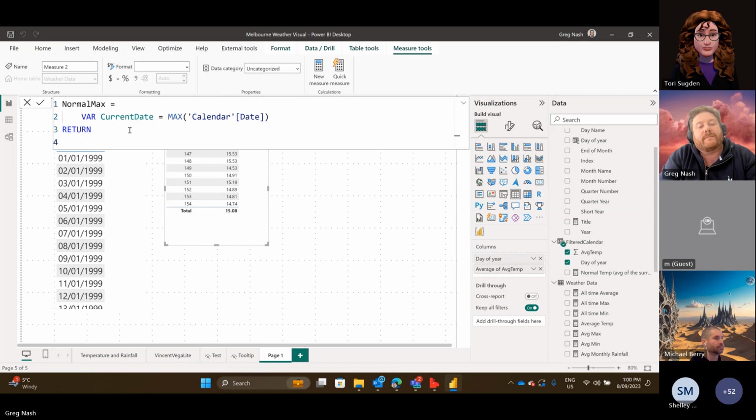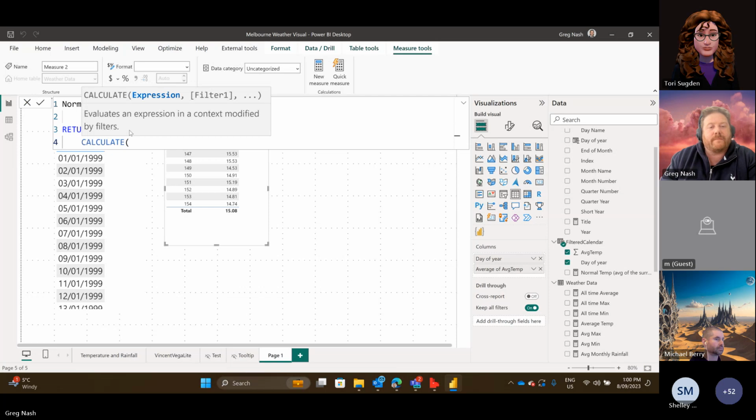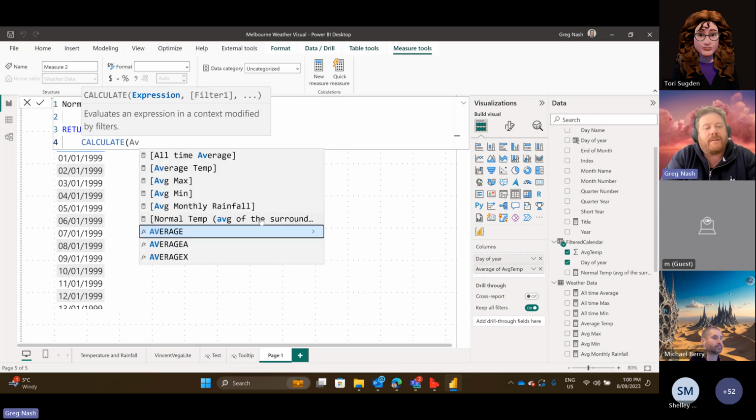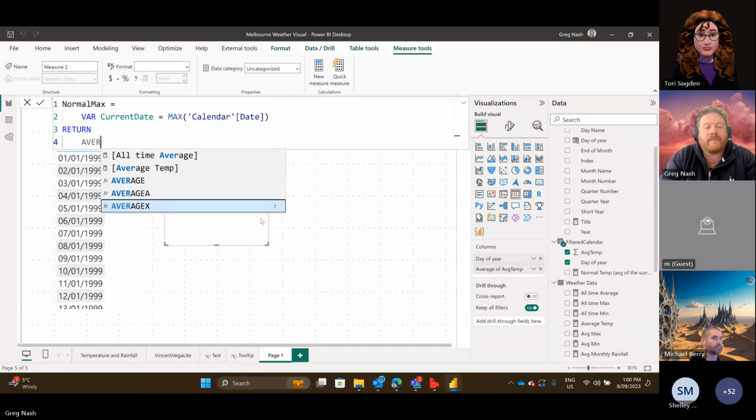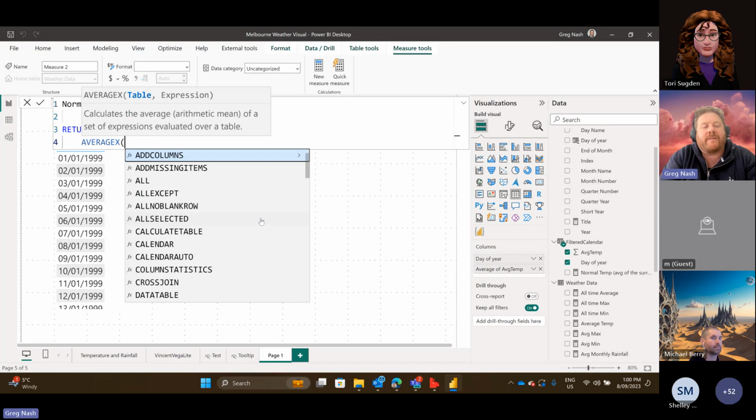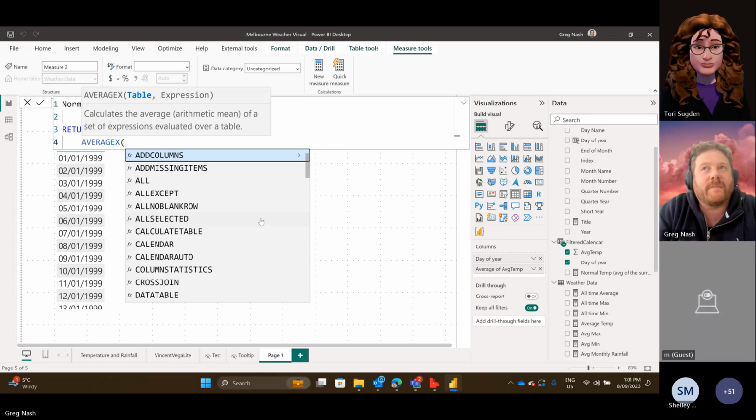So we want to calculate, well, actually, just do AVERAGEX. AVERAGEX over that table we created, which we could just use filtered calendar for now, I guess. That would be the cheap way. No, it needs to be dynamic. We can't use filtered calendar. That's only going to give us a single table. Okay, so